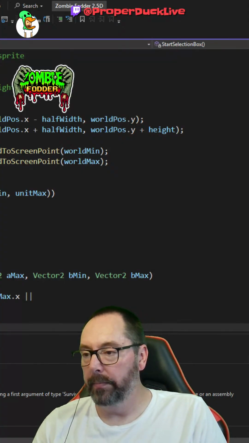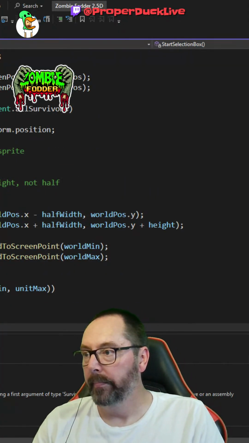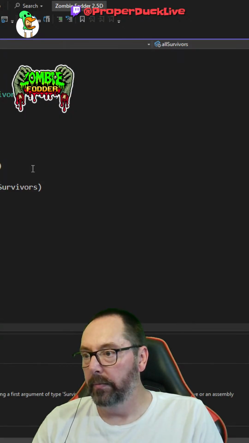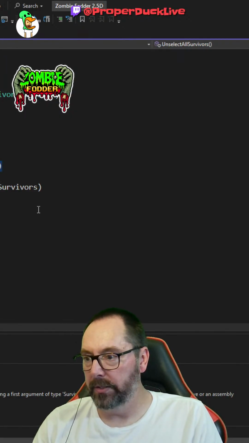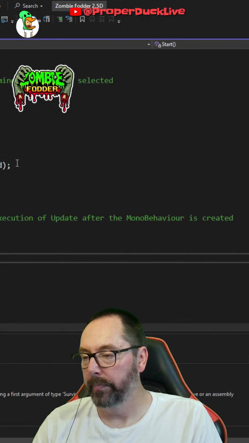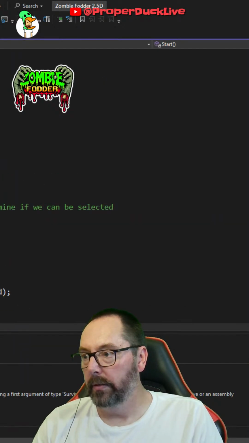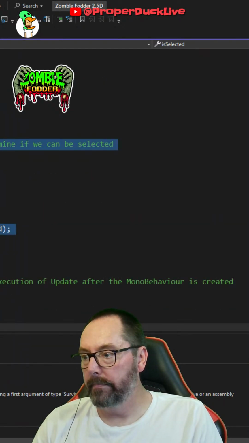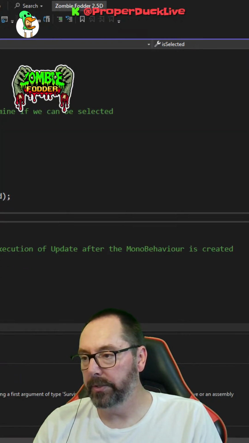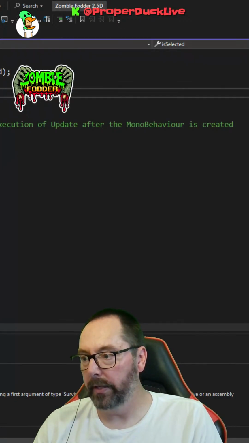I could. So what I'm thinking, to think out loud, is when I have a method here that says unselect all survivors, then I can set this to false. But if the survivor has a method, then is selected also is set, so everything else would be, yeah. So